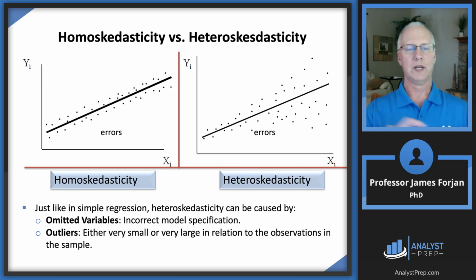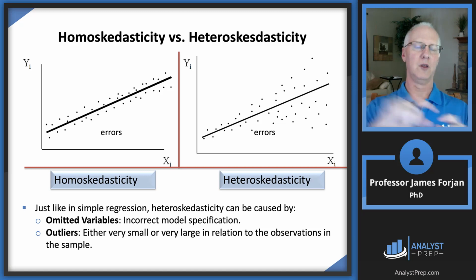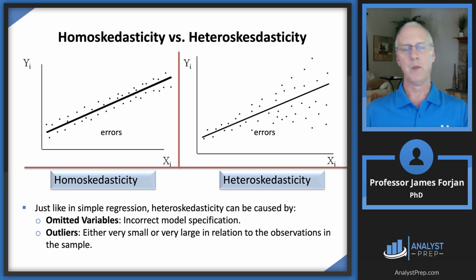Now there's homoskedasticity. That's one of those assumptions. Notice the beautiful picture there on the left. The error terms, all those dots, if you look at the variance of all those, that's probably constant. I mean, they look like they're all, on average, about the same distance from the line. That's called homoskedasticity. But if the variance of the error terms is not constant, as clearly evidenced by that right-hand